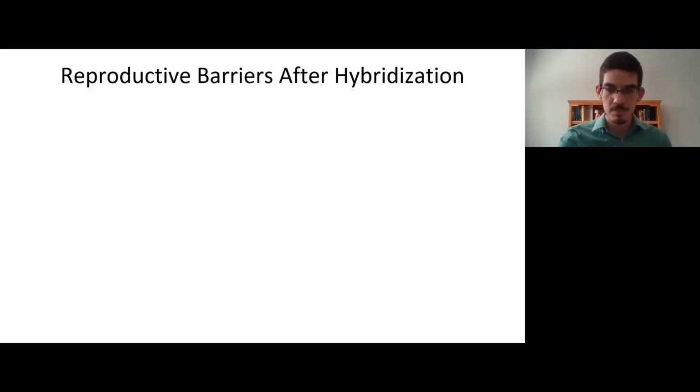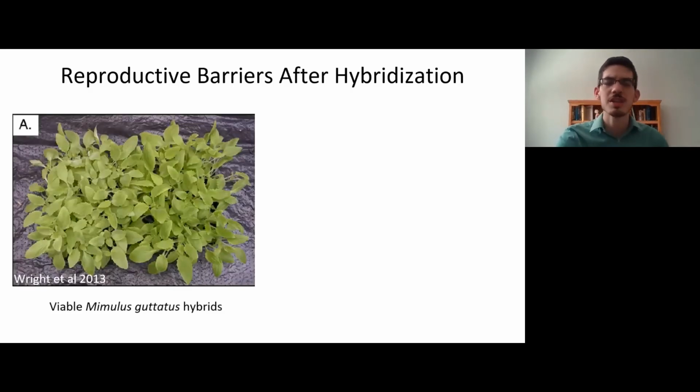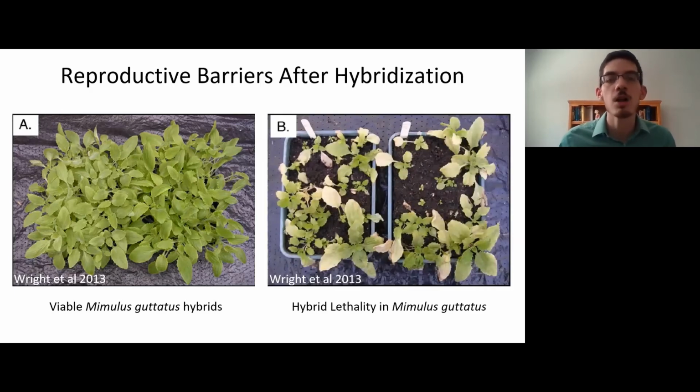A great example of this comes from a 2013 study on yellow monkeyflowers, Mimulus guttatus. Essentially, what we see here is that they generally should be able to reproduce between populations. Two populations of the same species normally reproduce just fine. However, there is a unique copper-tolerant population of Mimulus guttatus growing on an old mine in Northern California. This copper-tolerant population, when crossed with non-tolerant populations, produces hybrids that do not survive to flowering. They start growing normally, but they die before any pollen or any seeds can be produced,